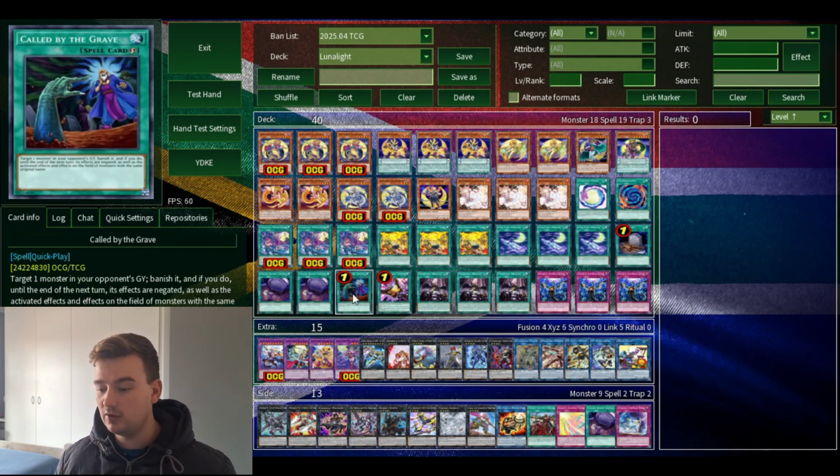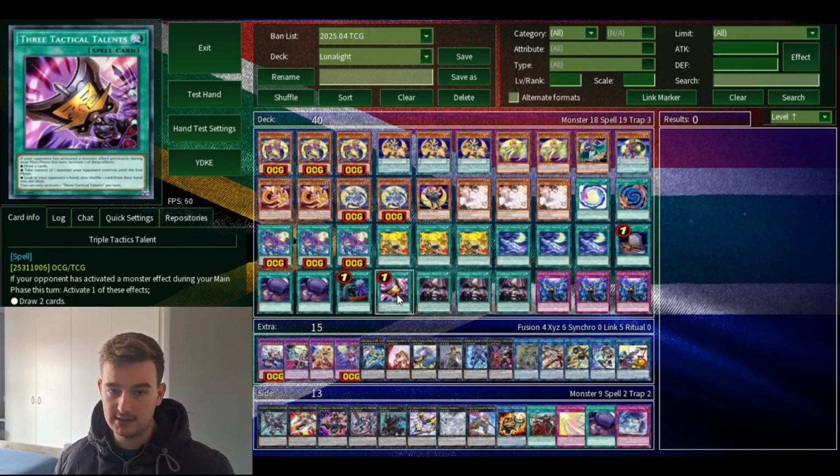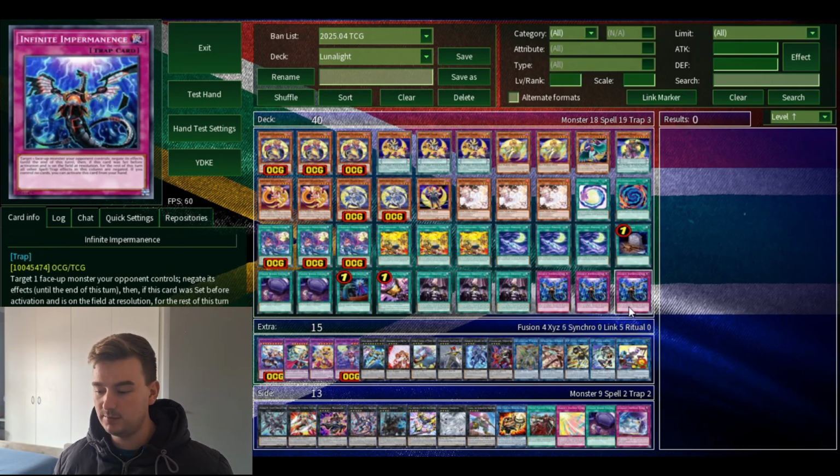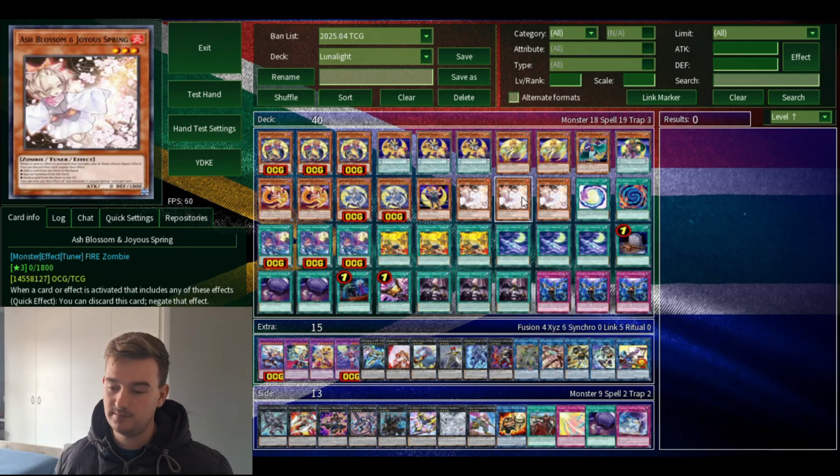Called by to stop Droll, stop the Charmies, Talents because it's Talents, Triple Droplet. Again, we don't know what the format is, but this is just currently also a really good card, and there's a lot of stuff you want in the graveyard in this deck as well. Then Triple Imperm because it's the second best hand trap, probably after Ash in terms of one single use hand